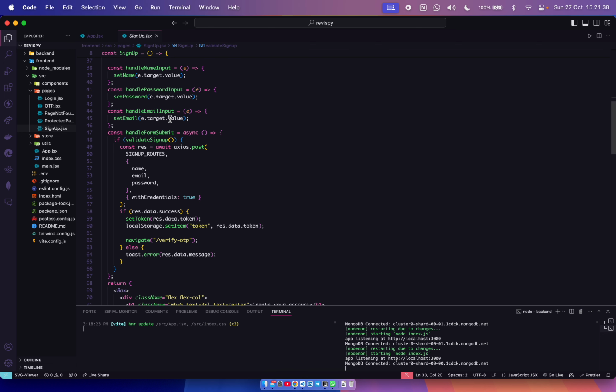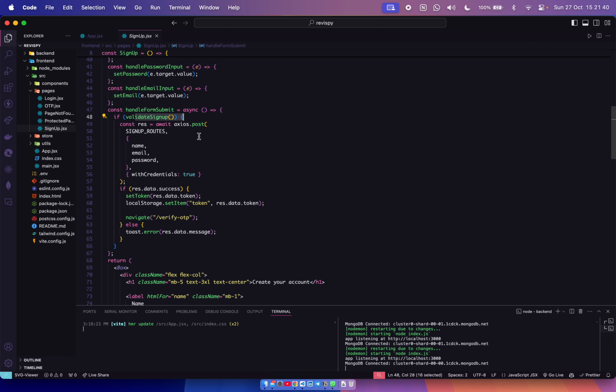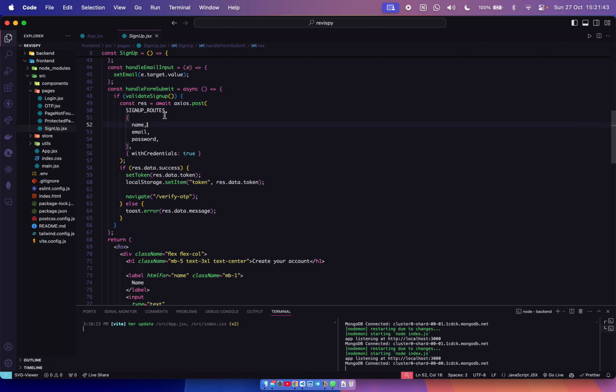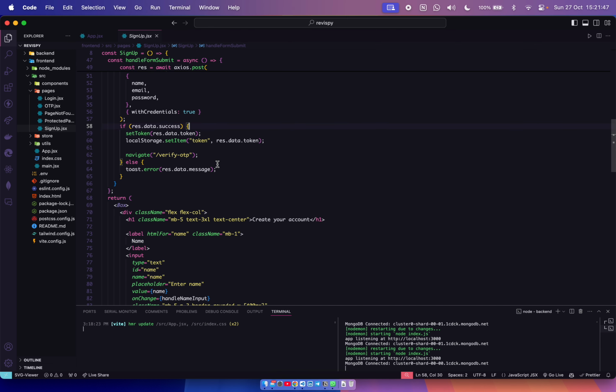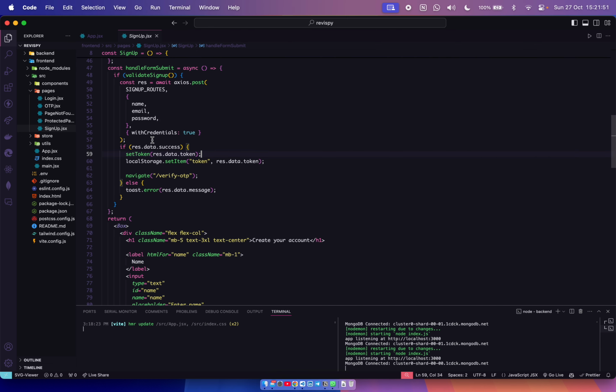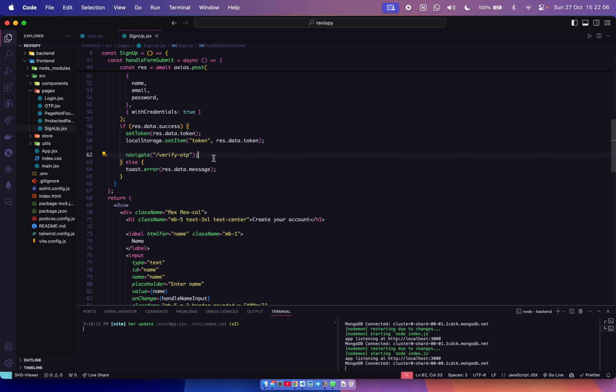So it will first validate, and after that it will send all the information to the backend with credentials true. After that we will get a token from the backend, and we will set the token in the local storage and also in the token from the useAppStore auth slice, and we will navigate to the verify OTP.